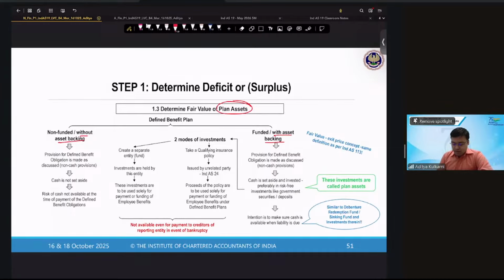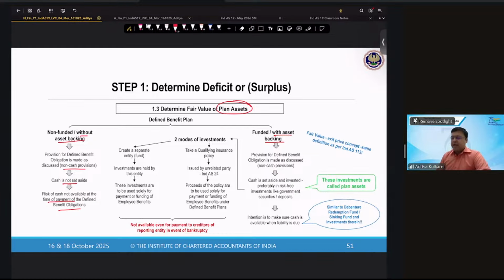Non-funded, you will make a provision, which is basically a non-cash provision. Cash is not set aside. There is a risk of cash not being available at the time of payment of the defined benefit obligation. This risk is always there. So you will have to sell something, do something, and then make the payment. But hypothetically,